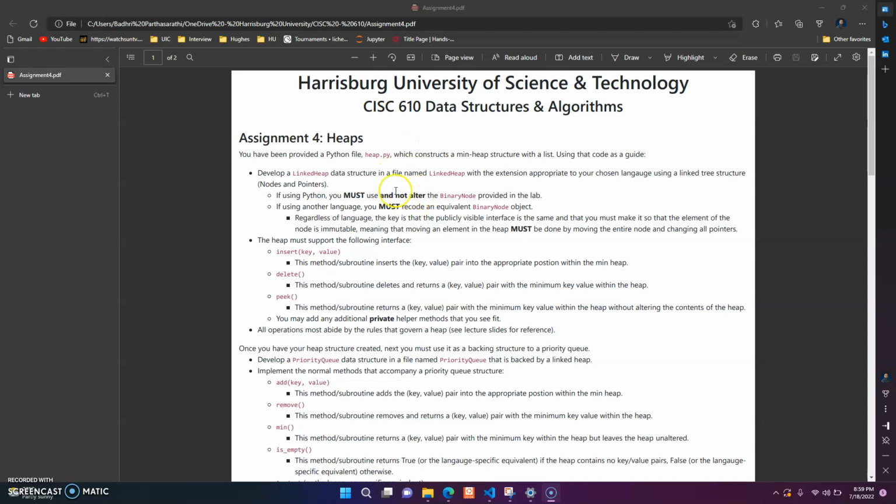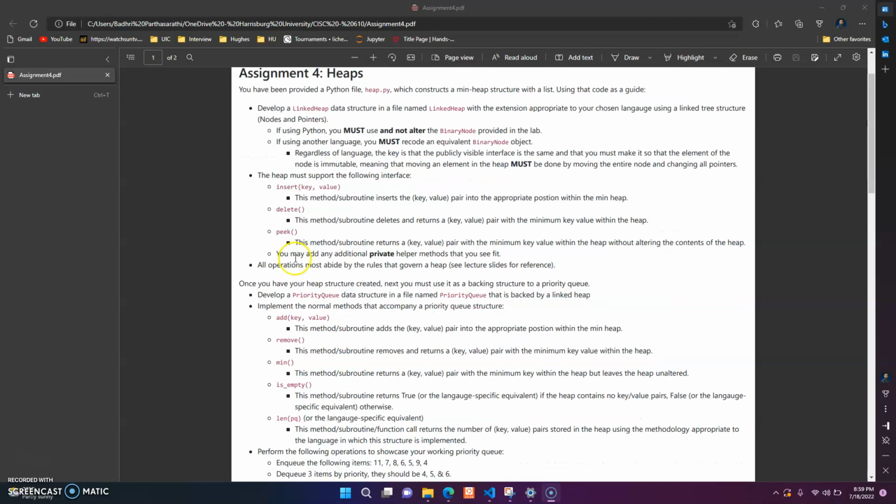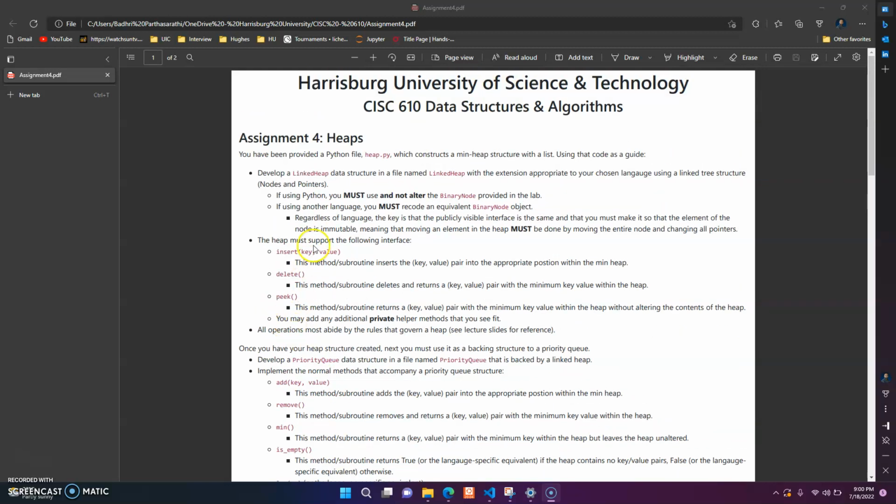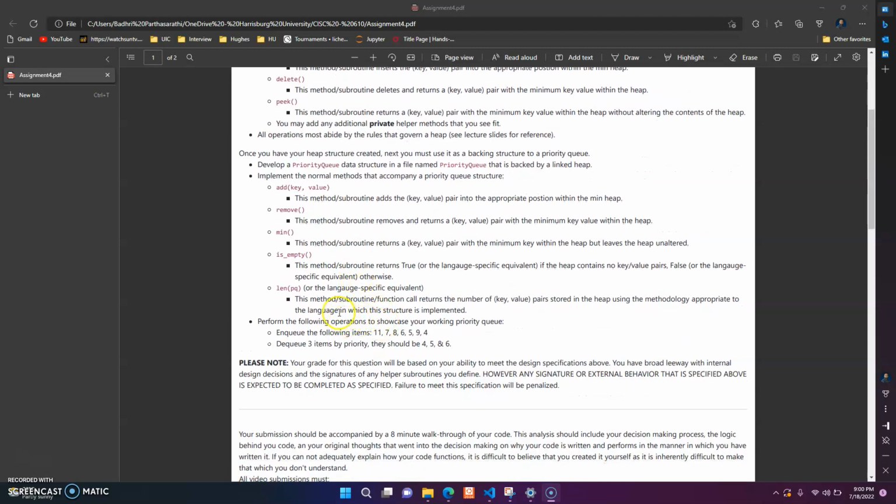The main objective is to develop a linked heap data structure, which has functions to insert, delete, peek, and based on that linked heap data structure, create a priority queue data structure, which has methods to add a node, remove, find the minimum, check if the data structure is empty, and also the length of the priority queue. Once we create these two data structures, the final task would be to prove that these two data structures